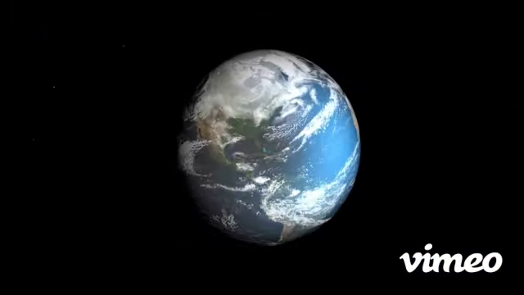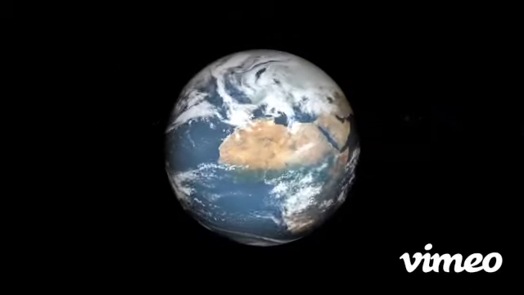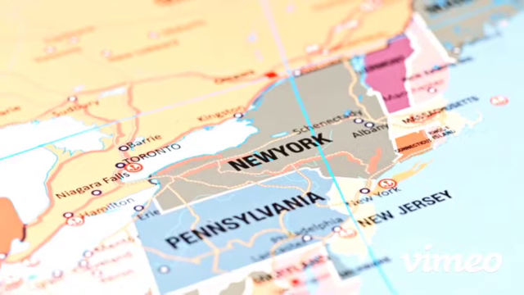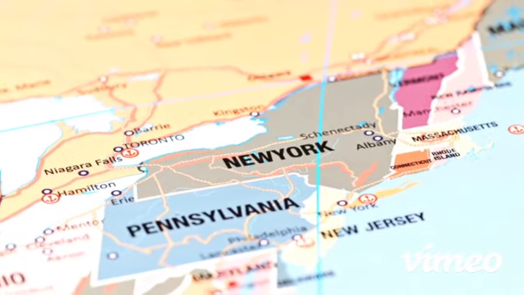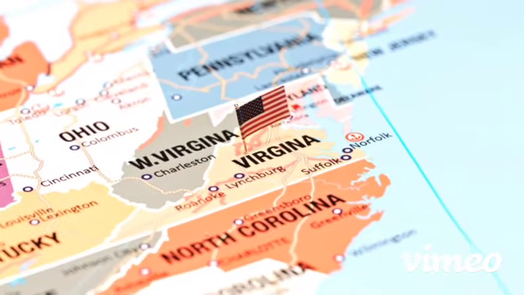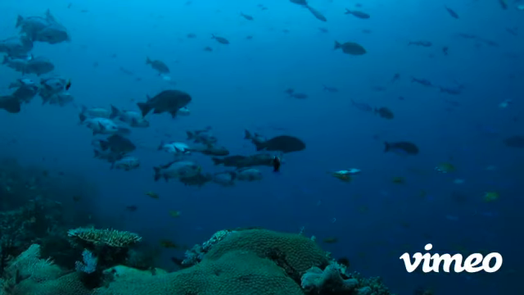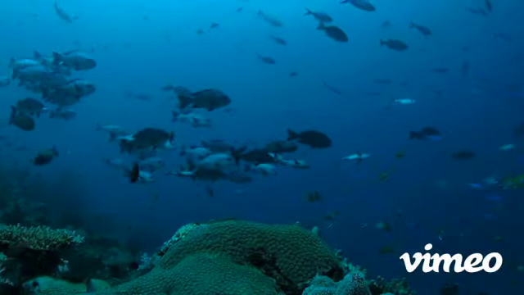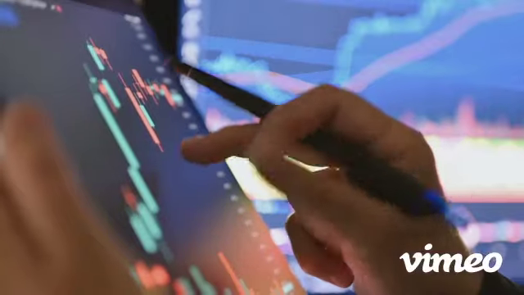Many species migrate as a result of seasonal temperature changes, but they usually travel back to their original habitat. As a result of climate change, species are staying in more northern locations due to warming waters and not moving back south. This is prevalent in the American lobster, red hake, and black sea bass, which moved an average of 137 miles northward. Climate change is not stopping anytime soon, and it is important to understand how species are impacted